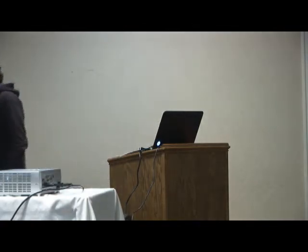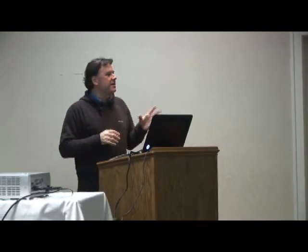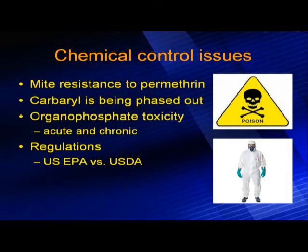And there's a peculiar regulatory issue that pops up: since these types of organophosphates are termed pesticides, they're regulated by the federal EPA and not USDA. So in terms of USDA, any veterinary staff cannot legally go off-label to administer these organophosphates. You're bound by the label directions, which, as I'll point out in just a few slides, is not necessarily the best way to go, but nevertheless it is what you must abide by. Because of this,